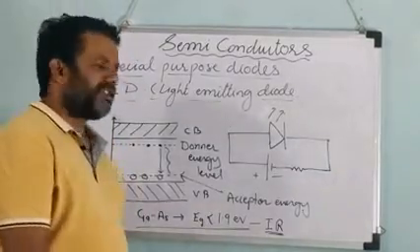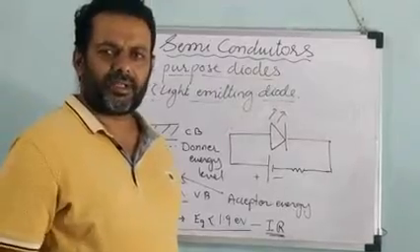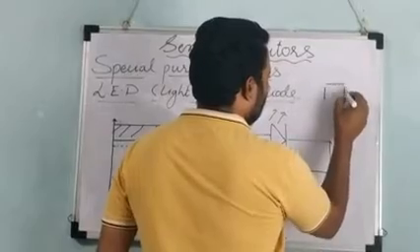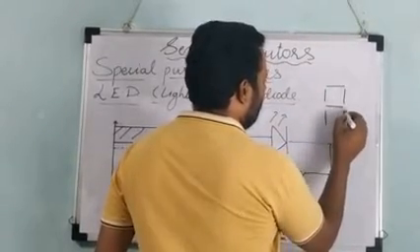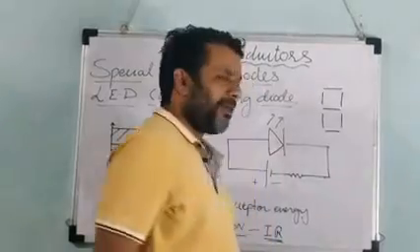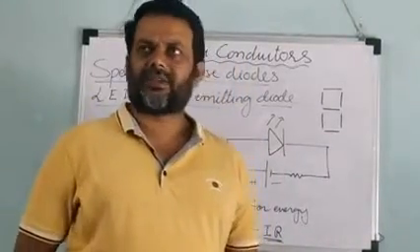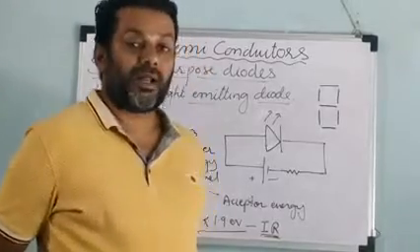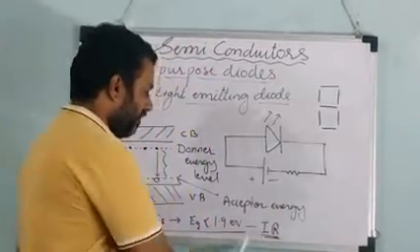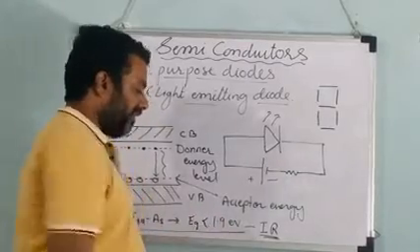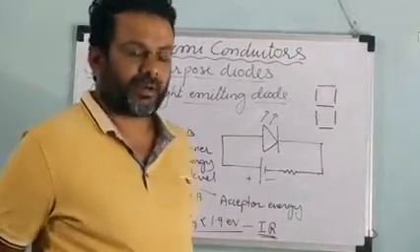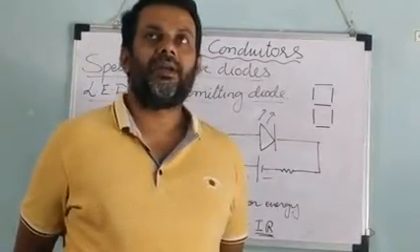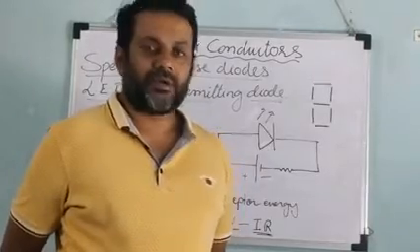Okay, now the uses of LEDs. LEDs are used in the display, okay, in the calculators and in the other displays. You must have seen a 7-segment display like this, which is used in the digital watches or calculator. It is made up of LEDs, and there are other displays also, and sometimes these are also used in the burglar alarm. In case of the burglar alarm, we use the light emitting diode which emits the radiations in the infrared range, and they are also used in the very advanced devices like the LED TVs etc.